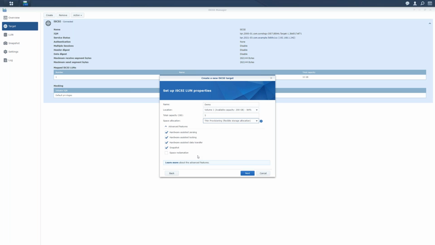So space reclamation will give you the space back, but you have to make sure your hypervisor works with it. And it's not checked by default. Also, for performance reasons, when space reclamation runs, it can reduce performance as it adds more operations to the NAS. So that's up to you if you want to deploy it. The hardware assisted features that you're looking at depend on your hypervisor as well. So double check which ones make sense for your environment.